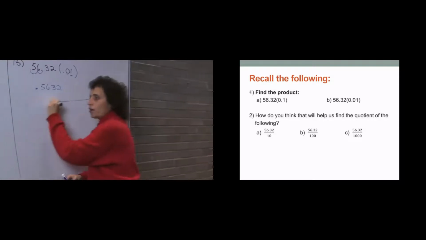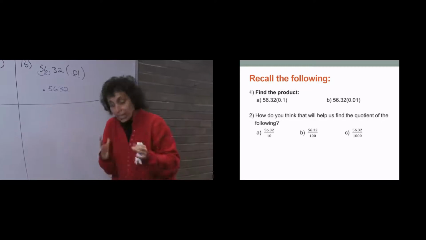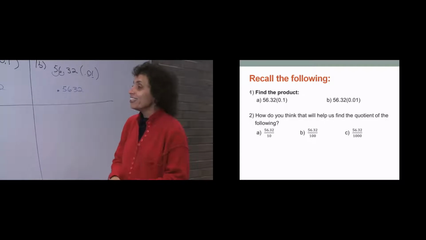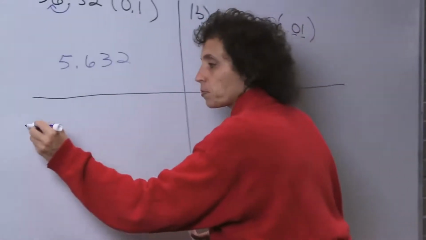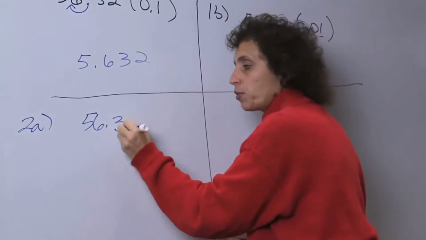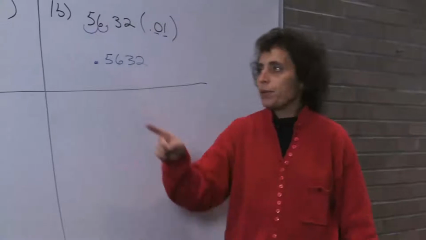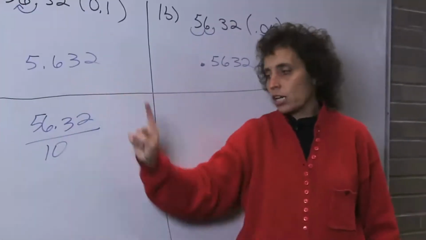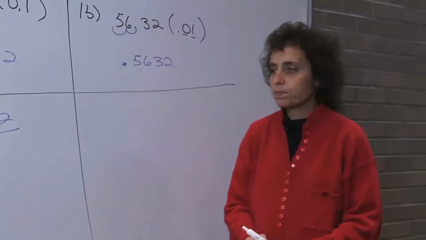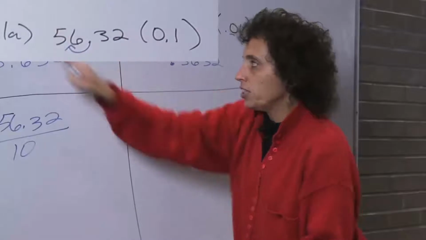Now let's talk about how it relates to, because the whole point of math is to relate one concept to another concept. If you can't do that, it's not good. All right, let's take a look at this. Let's do 2a. 56.32 divided by 10. I'm going to tell you a secret. Because I know the answer to this. Do you know why? Okay, I'll tell you. This is truly, watch,